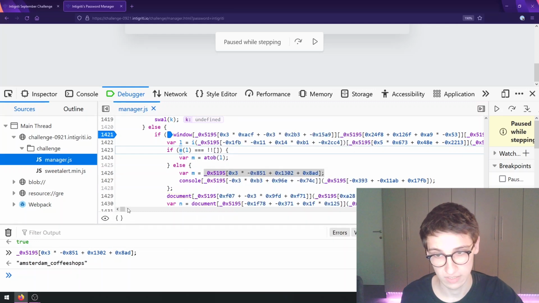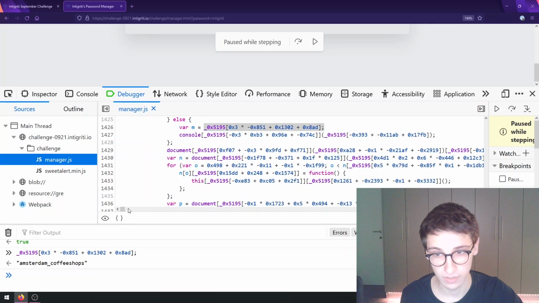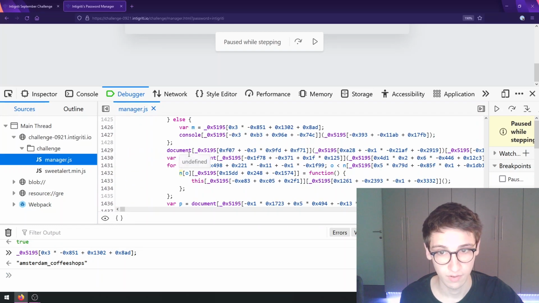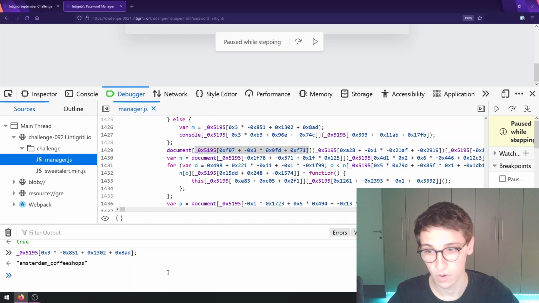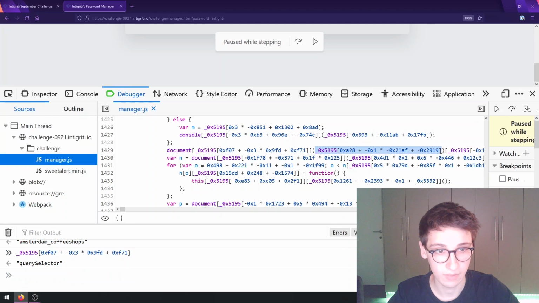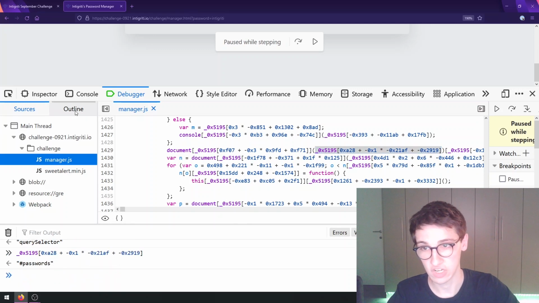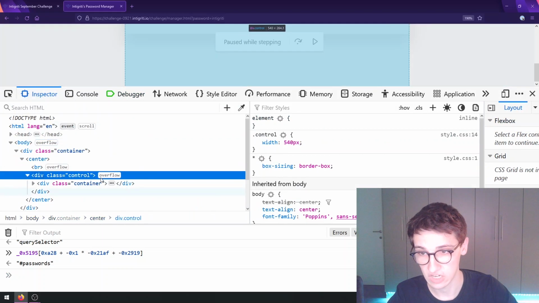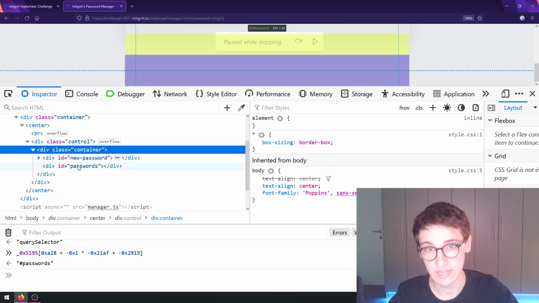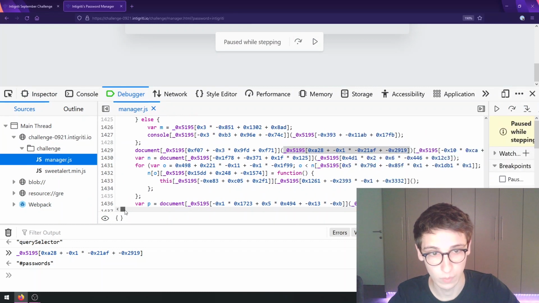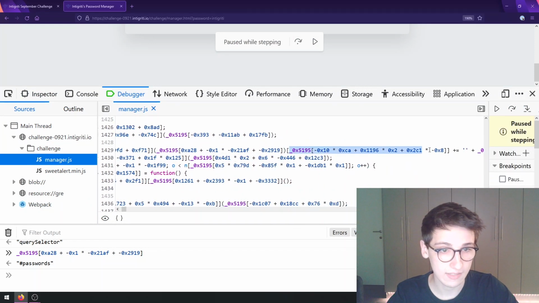And where is m being shown? Well, let's find out. So scrolling down here, we see that m is being used in this part. So in this column, m is being used. So let's see what m is being used for. So it's going to do document.querySelector for #passwords. In the inspector, we can see that #passwords is a div here. Okay, so it's going to take that div. What is it going to do with that div is a question. It is going to